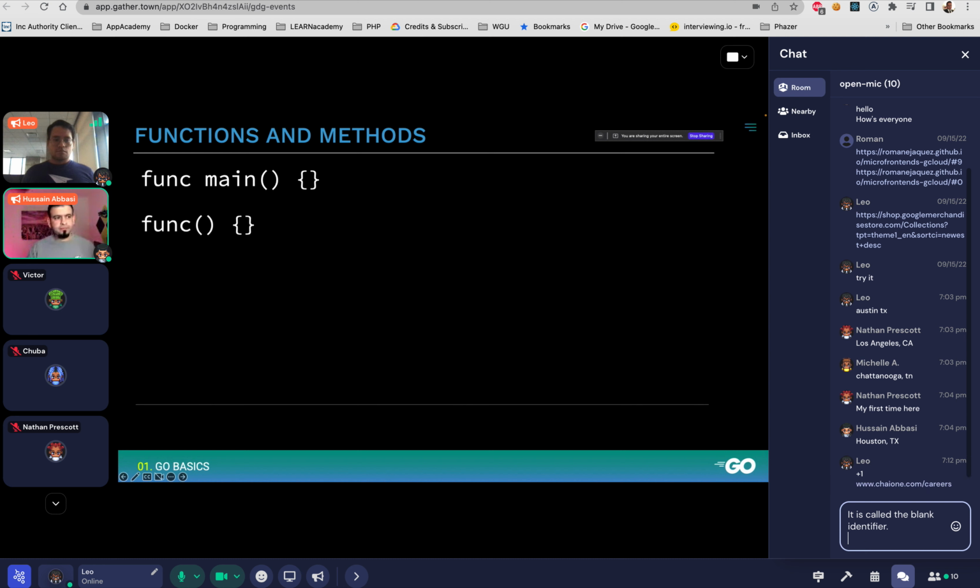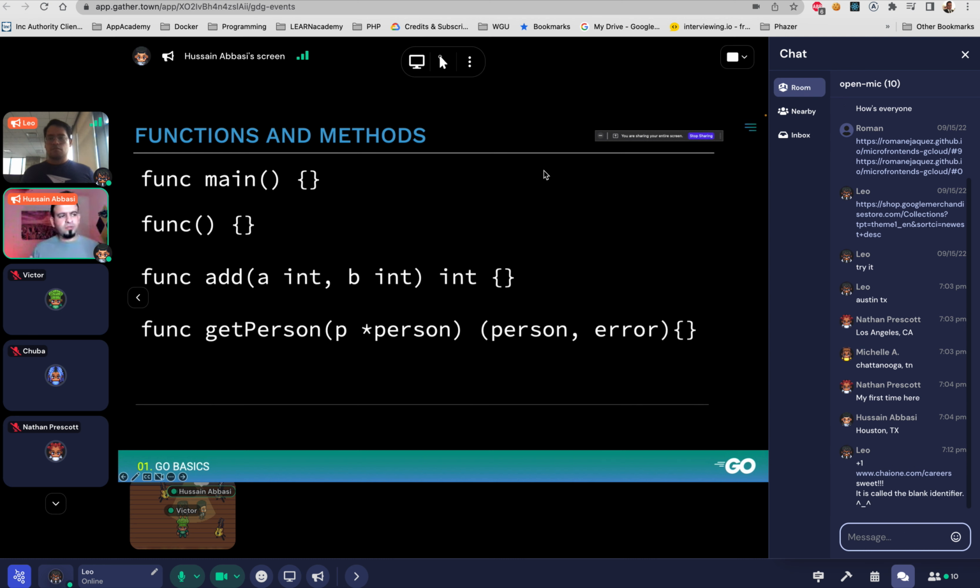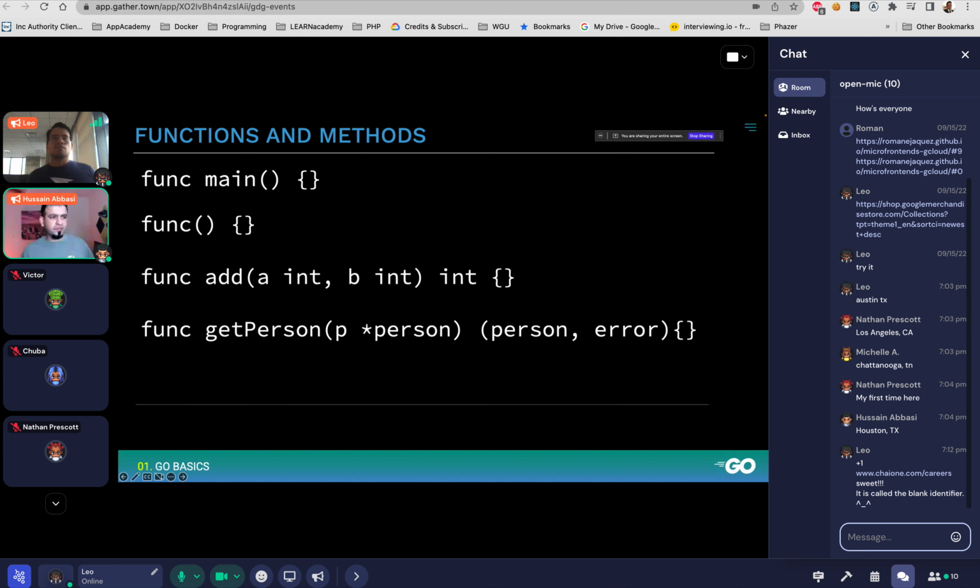Functions and methods, not too crazy. So you start with func, then you name the method, or you can have it anonymous, the second one. If you have a name, the return type comes after the parameters or the declaration. And you can actually tie these functions to a type by putting the type in. In this case, you can see that the last one, the get person method, is only applicable to the type person and nothing else. At the same time, you can return more than one return type. In this case, I'm returning two variables, a person type and an error type. Remember, I had the underscore to throw one of them away if I needed to.